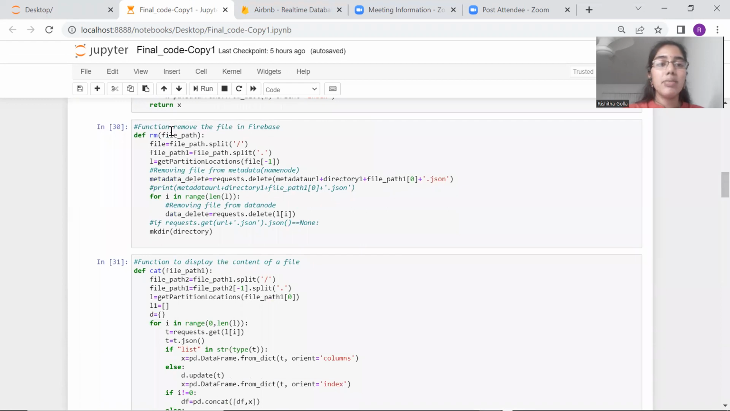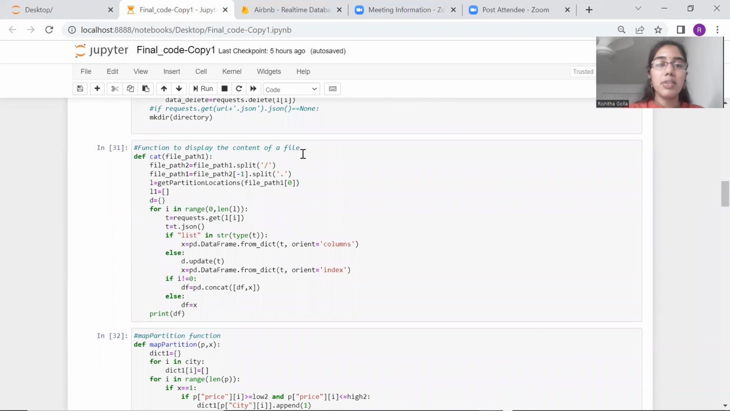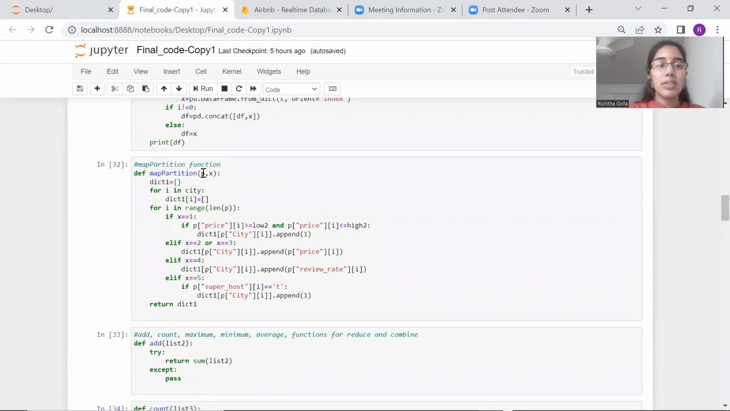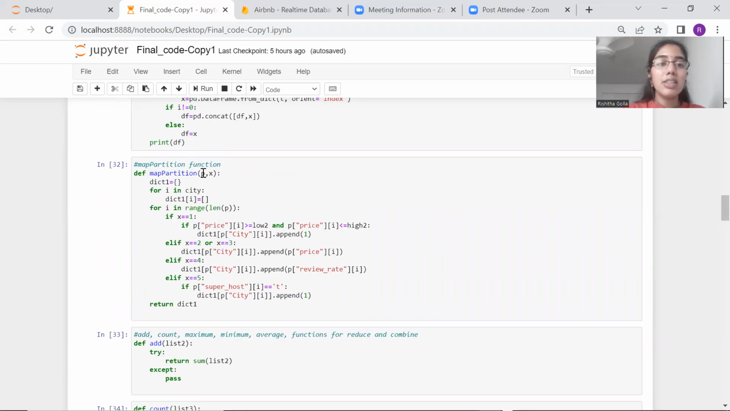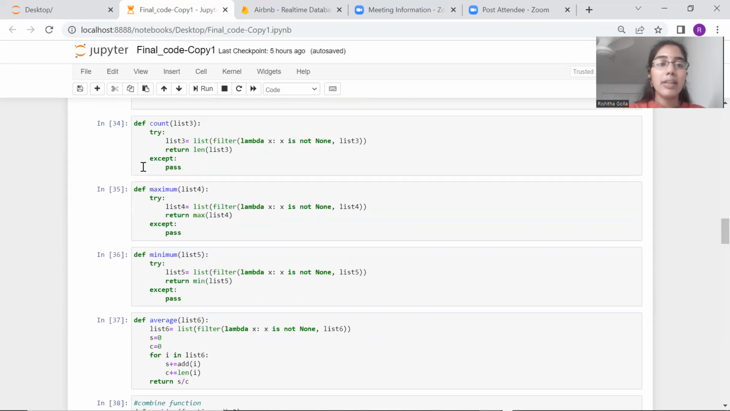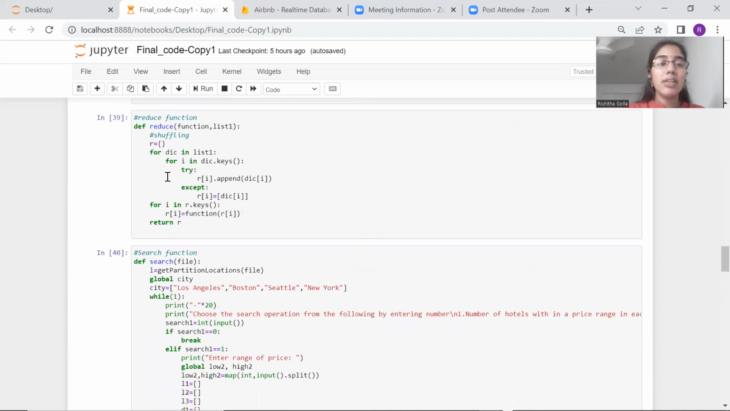This is the rm function which removes the file in Firebase. This is the cat function, which displays the content of a file. And the map partition function performs a mapping by taking each partition as the input. And I'm defining the add, count, maximum, minimum, average, combine, reduce functions